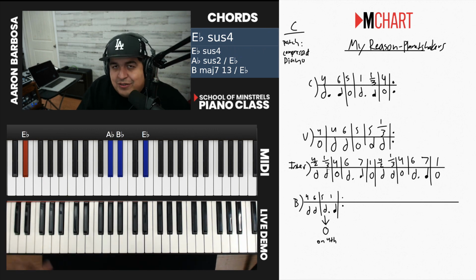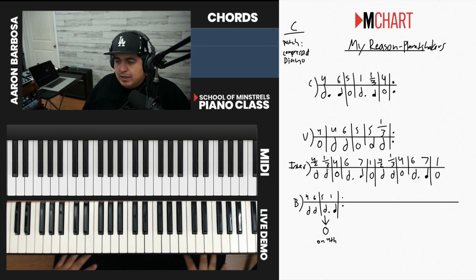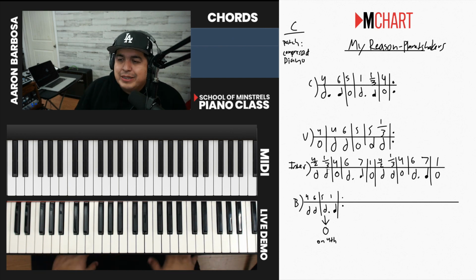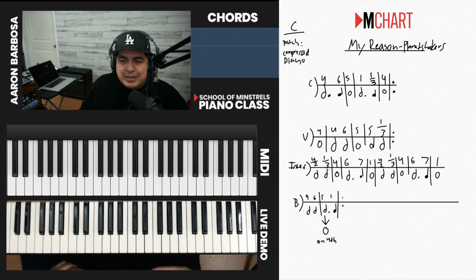And see how I held it for the 4 beats. All right, I held that 5 for 4 beats on the 4th time around. All right, so I'm going to try to kind of sing and hum through the song so you can get a picture of how this goes at an intermediate level.